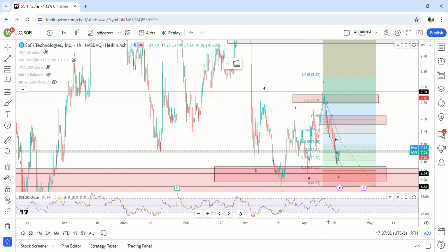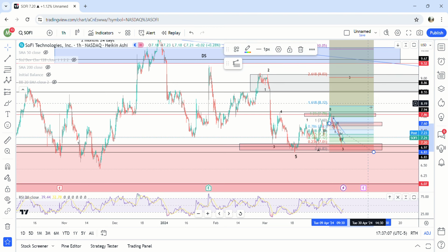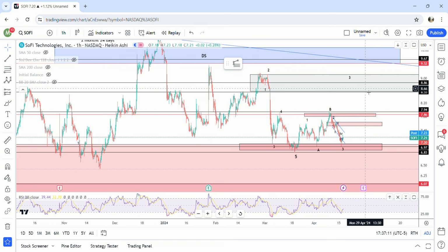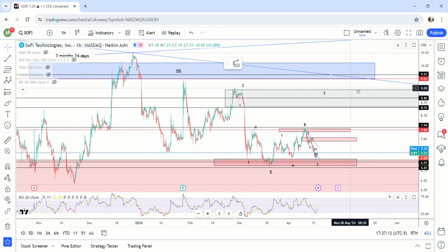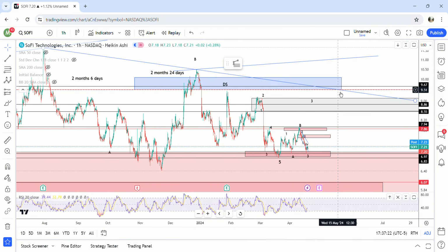So that is a look at the long term and then the short term chart on SoFi. Let me know what you think in the comments. Do you think that we're going to run up to 850, 950 in earnings? Do you think we're going to break out this earnings, or do you think it's going to happen later in the fall? If we did go up here to 950 by May 13th,